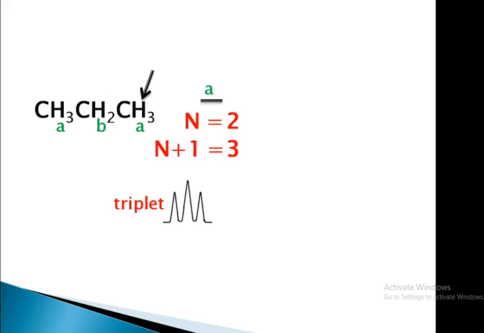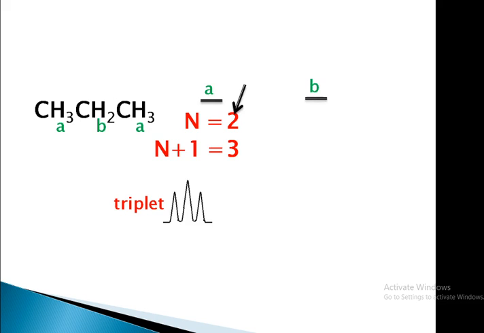Now consider the B type proton. Before that, if you take again this A type hydrogen, we get the same value, because this is bonded to this carbon, that makes this carbon the neighboring carbon, and these are the neighboring protons. We get the same value. So if you take either of these A, you will get the same splitting.